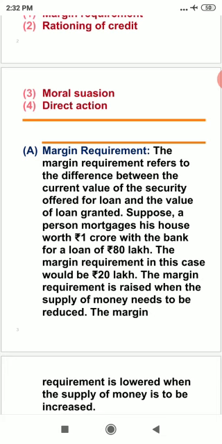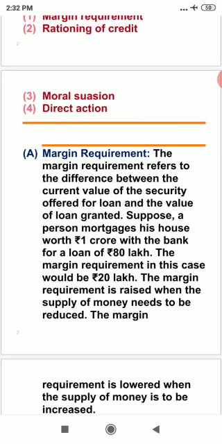So let us take an example. A person mortgages his house worth rupees 1 crore with the bank for a loan of 80 lakh. It means that the person has taken a loan of 80 lakh rupees from the bank and kept as security a house worth rupees 1 crore. So what do you think the margin requirement is in this case? Yes, it is 20 lakh, because the difference between the value of security and the value of loan granted is